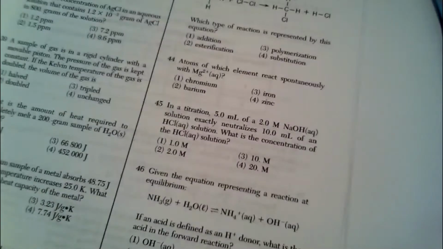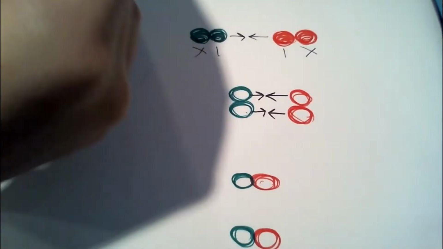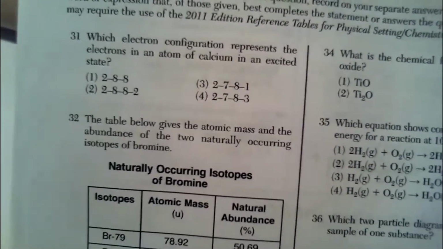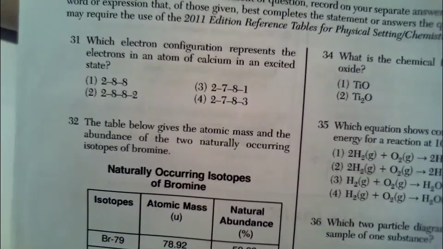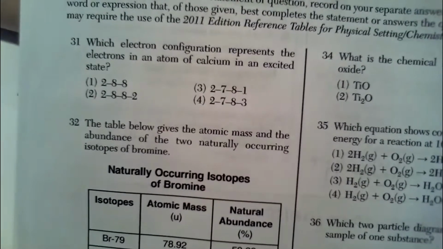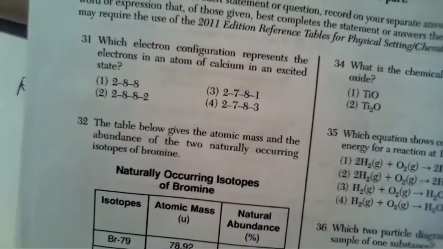Okay. Moving on to part B1. B1 is the rest of your multiple choice. Okay, we are looking at question 31. Which electron configuration represents the electrons in an atom of calcium in an excited state? So, calcium, according to the periodic table,